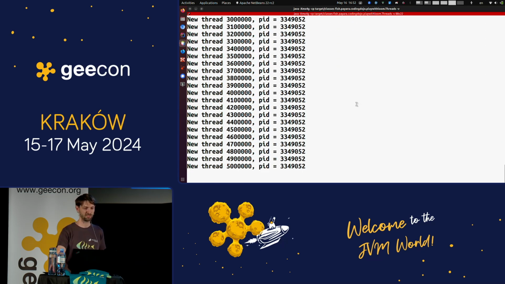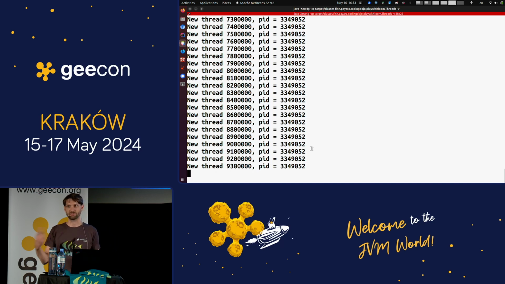So this number on the left is millions. So it's now saying 9 million threads created. And it's growing and growing, and then it stops to grow. Do you know what's happening? Almost always, when you have a Java application that is stuck and doesn't do anything, it's garbage collection, yes. So that's because these threads, they don't do anything, they just sleep, but they still require some memory, and they fill the whole heap. I have 4 gigabytes of heap, they filled it with 9 million threads, fill the whole memory.